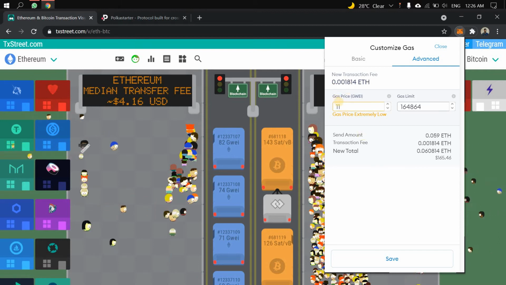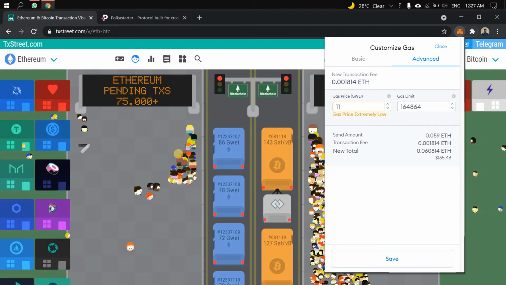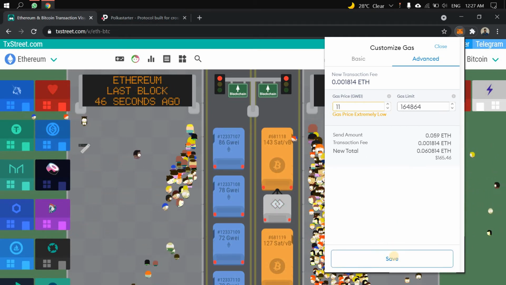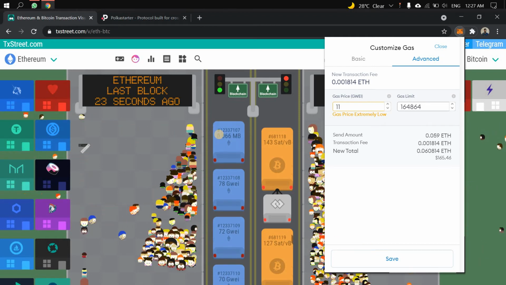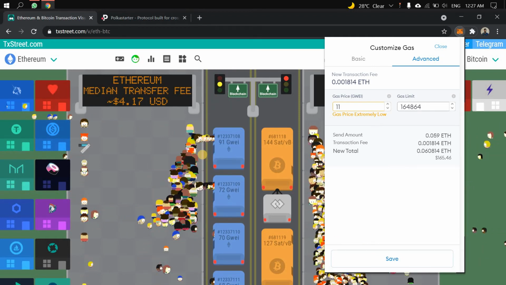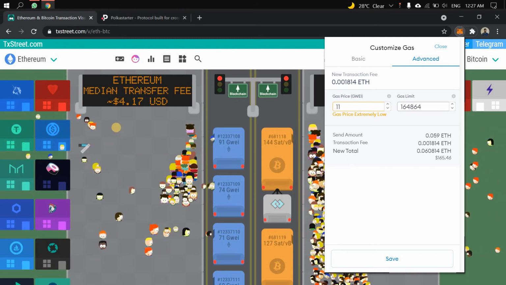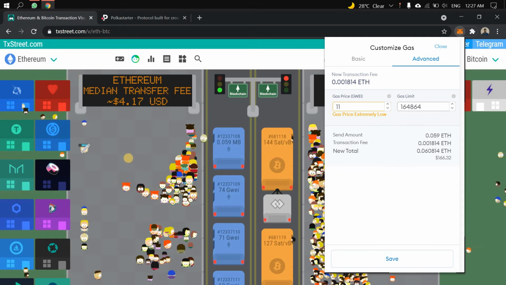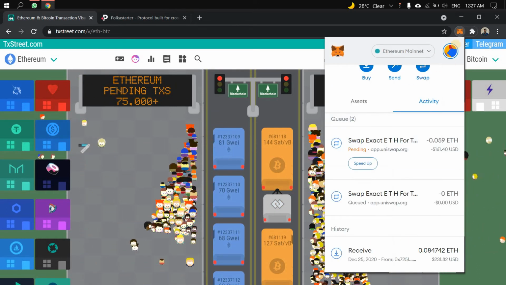Now, to get my transaction executed, I'll put the transaction fee, which is 85 Gwei. Instead of 11, if I type 85 and save my transaction, in the next fraction of seconds this particular transaction will be considered by the miner and inserted in the block. That is the utility, or the information, this website is providing, so that your transactions will get executed on a real-time basis.